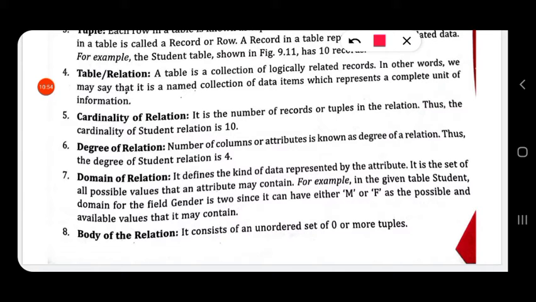Then next one is cardinality. The cardinality of a relation, that is the cardinality of a table, means the number of records or tuples in a relation. So cardinality means the number of rows in a table.